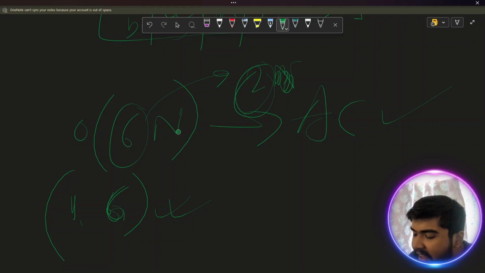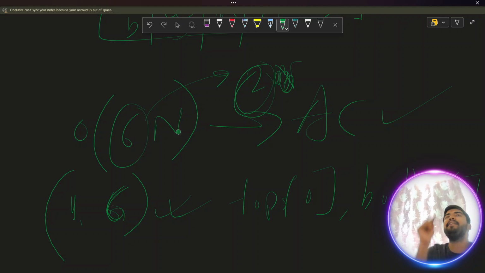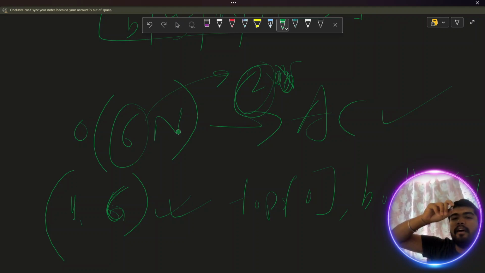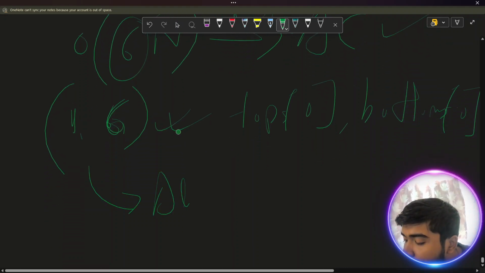But can I say it is nothing but tops[0] and bottoms[0]? Your answer should be in the range of either tops[0] or bottoms[0]. Can I say it? Yes, obviously, because you are making all the elements equivalent to a particular element from 1 to 6. But if that particular element does not occur at all in tops[0] and bottoms[0], then it is not a valid number. So you are checking all the numbers